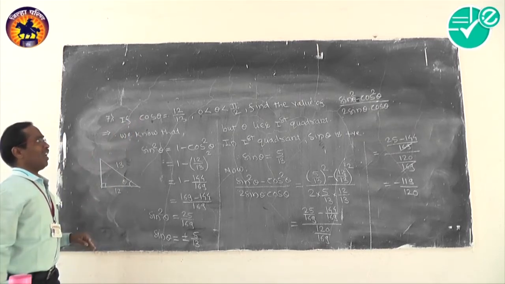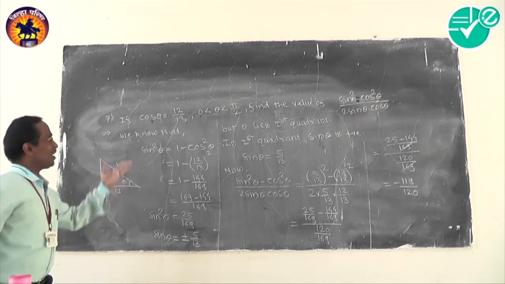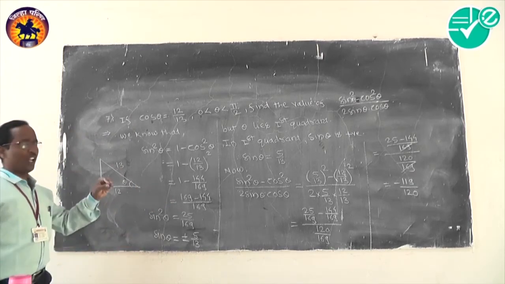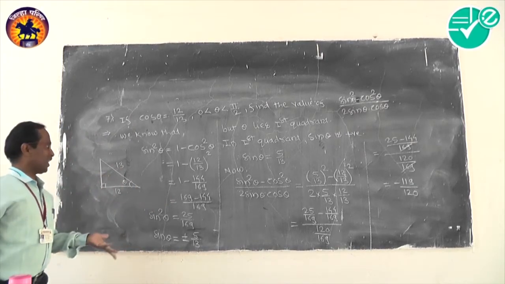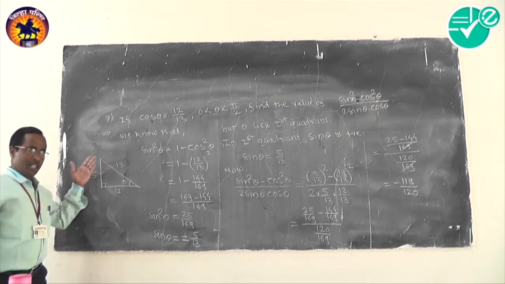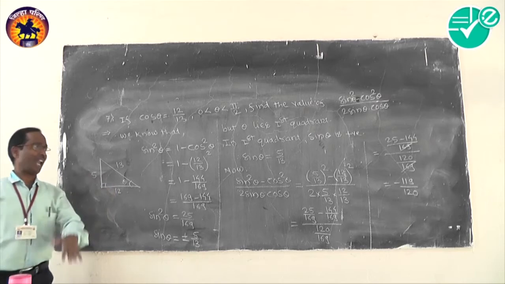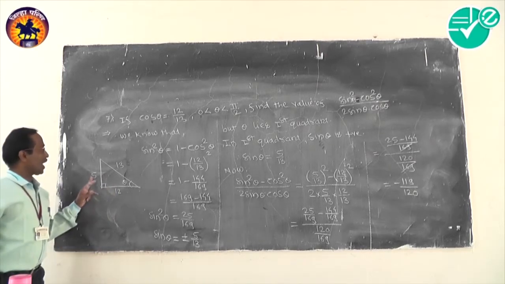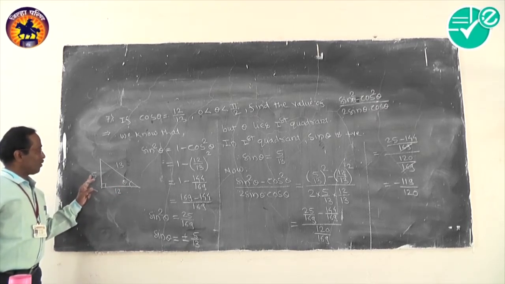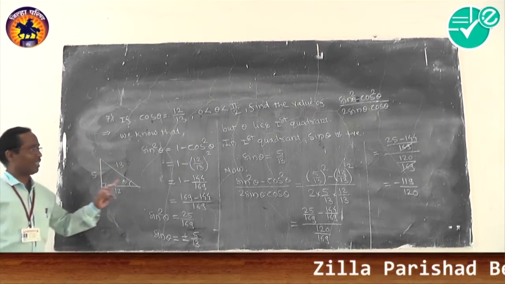Here, don't take the sign of the trigonometric function. If theta lies in the third quadrant, then the value of cos theta is negative. We will think about the sign of the trigonometric function in the next step. Now, the value of this side is 5 because this is a right angle triangle. By using the Pythagoras theorem or Pythagorean triplets, we can find the opposite side. Then sin theta is equal to 5 upon 13. But theta lies in the first quadrant. Therefore, sin theta is positive.